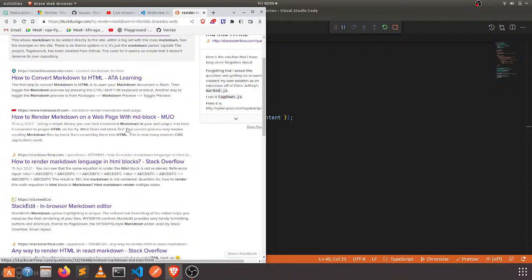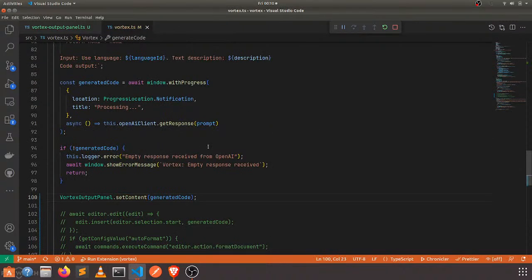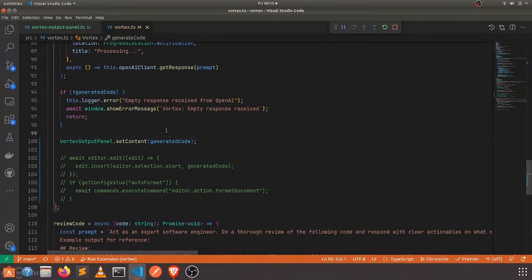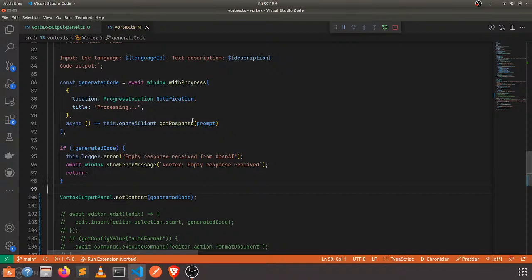I'm pretty sure I'm kind of going about this the wrong way. Do I need it to be in markdown? So the thing is, I don't need it to be in markdown. I just need the code to be formatted properly. So let me rethink this. So I'm going to actually